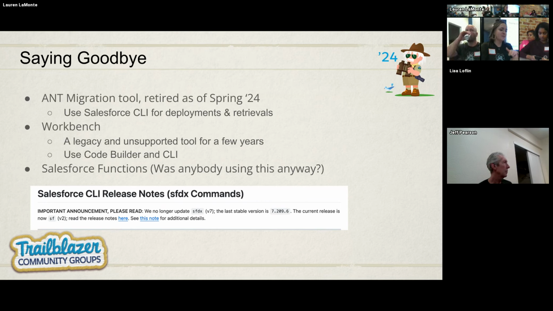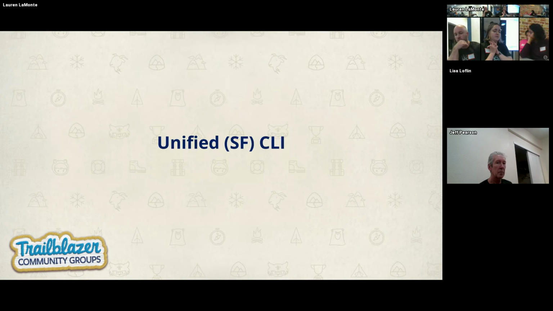The commands were still working, but yeah, not great to be using something where they're not actively working on fixing bugs and all that. So now I'm going to get into Salesforce CLI, which is also known as Unified CLI, which is also known as